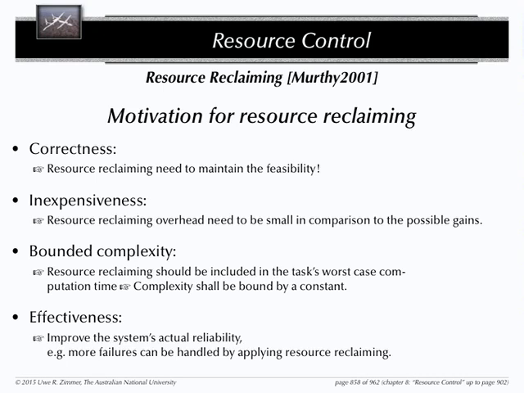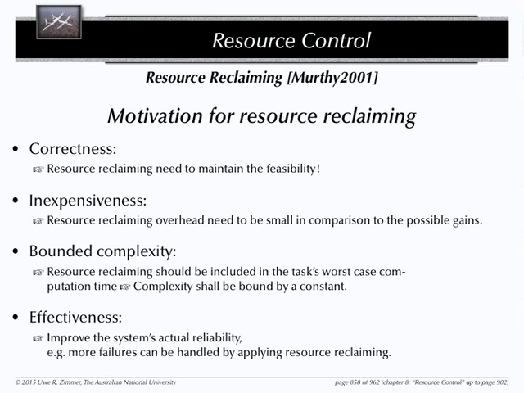A few obvious things. Your reclaiming and all the other tools which you add on top of that are scrutinized the same way as the rest of your real-time system, so it has to be correct. Right? That makes sense. Inexpensive, so if your resource reclaiming is a gigabyte operating system kind of daemon in the background, that doesn't make any sense. Complexity has to be bound, and overall there has to be some effect of it. Resource reclaiming has to be leading into something which will actually increase your reliability.